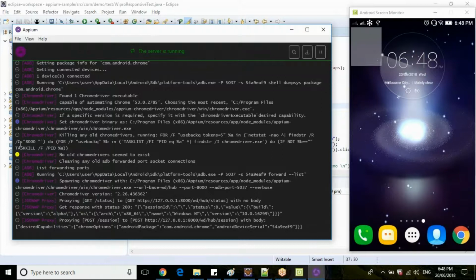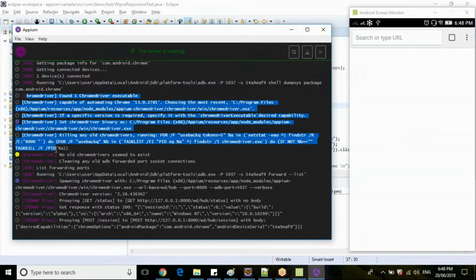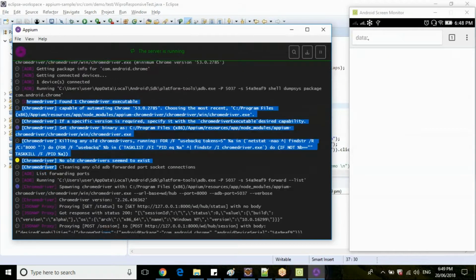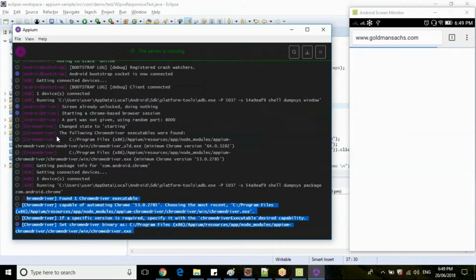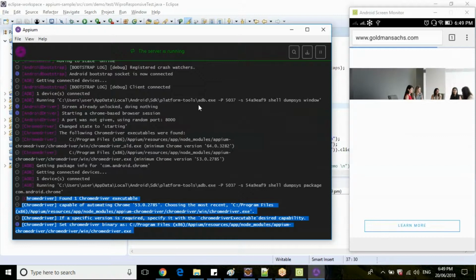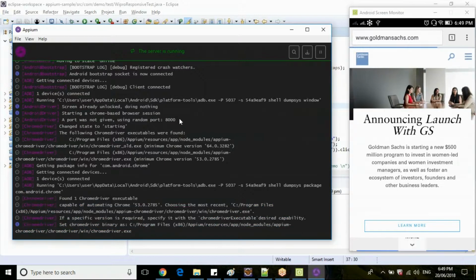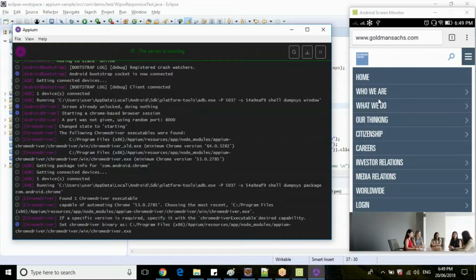You can see here now the Chrome driver has started. Previously, while starting the Chrome driver, we were facing some issues because the previous chromedriver.quit had not happened successfully. After killing the complete ADB instance and closing the Appium server, the test case execution has now started.